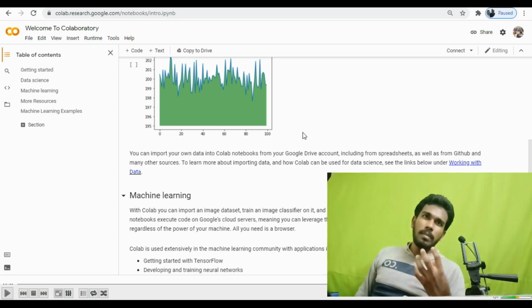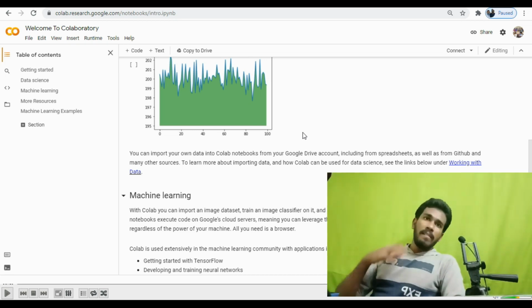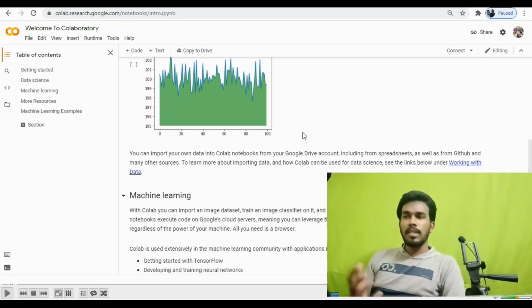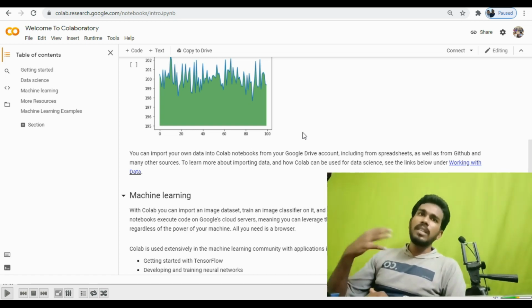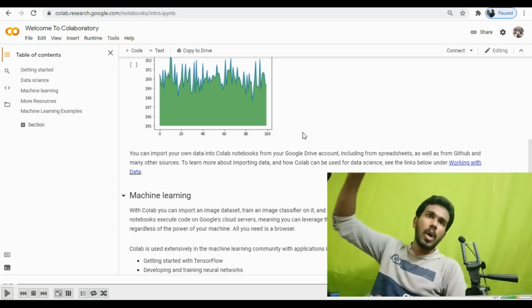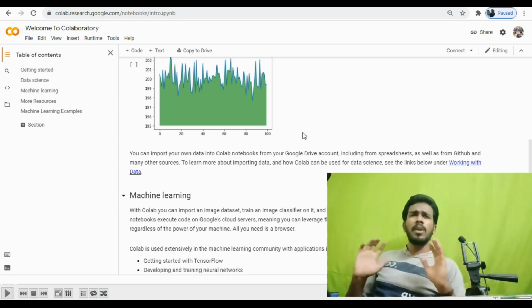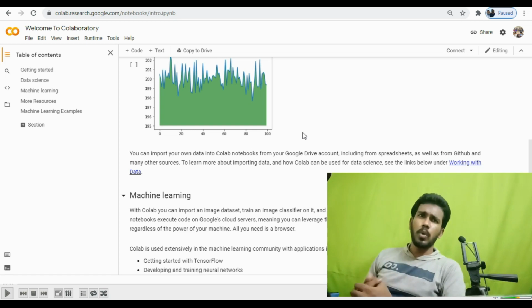Sometimes the local device we use, most people will be having a normal system or government-provided laptops, with RAM specifications that are low or moderate. When you process a large amount of data, there is a lot of chance for the device to hang often. So here in Google Colaboratory, whatever task we do runs on the online server. A proper internet connection is more than enough, not a very high bandwidth. A normal moderate bandwidth that you use to watch your videos is enough.